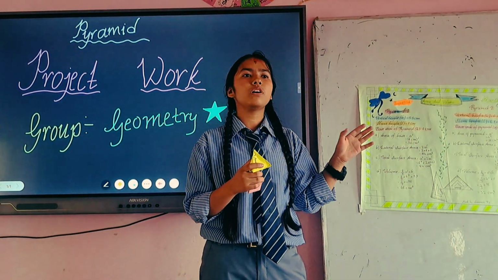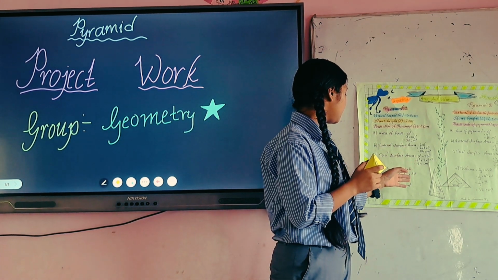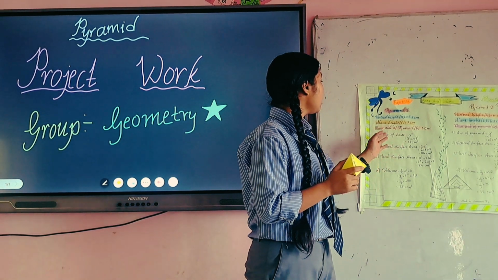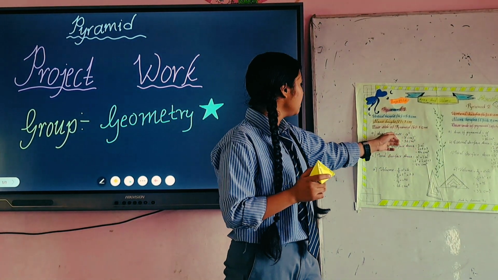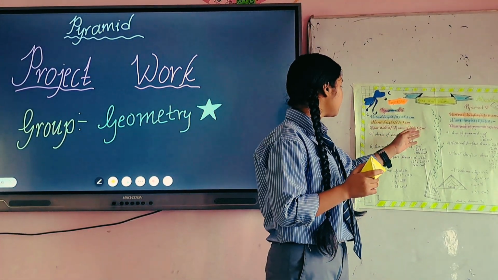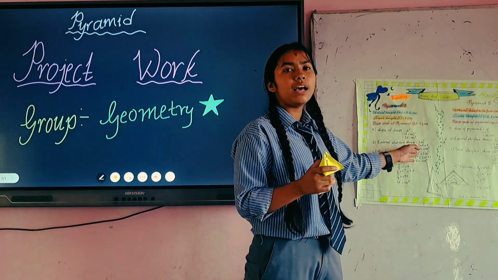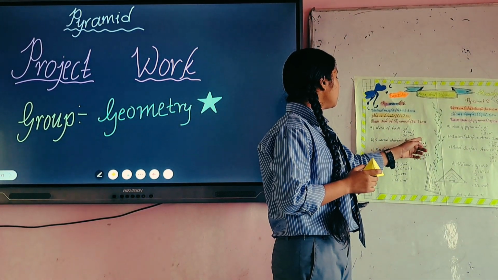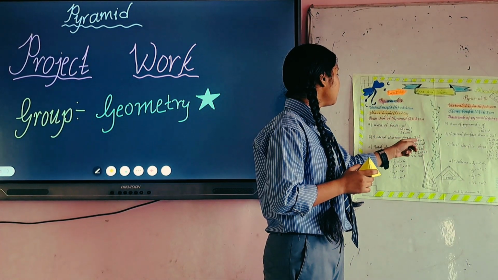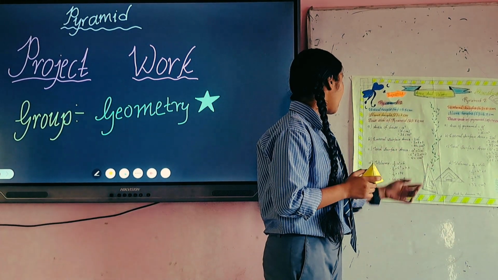And we derived all the formulas of area of base, lateral surface area, total surface area, and volume the previous day. According to the formula, the area of base is equal to A square, and here the base of the pyramid is 6 cm, so it's 6 square, 36 cm square. And lateral surface area, whose formula is 2AL, is 2 into 6 into 7, because the slant height is 7 and base is 6. That's why the final result is 84 cm square.